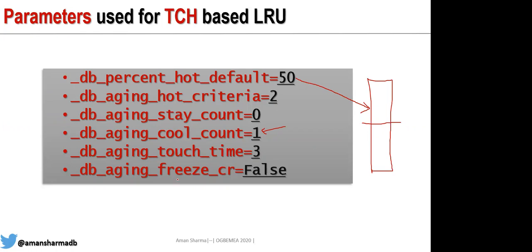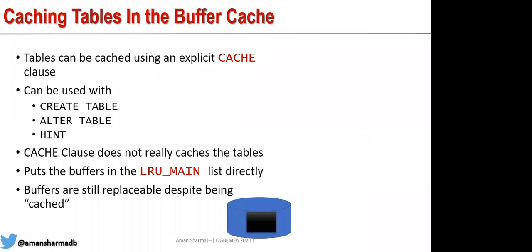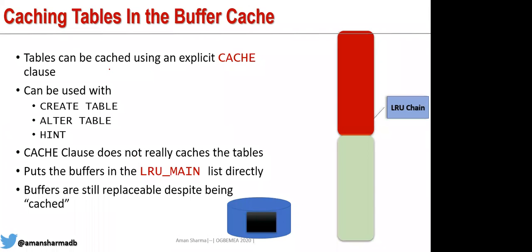And should we freeze the CR copies in the buffer cache also or not? Obviously, we don't need to, so it is going to be false. It is false by default. Now there is a clause, again very popular, called the cache clause, and that is